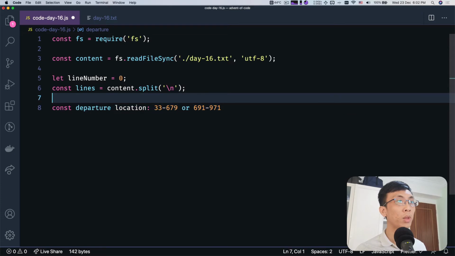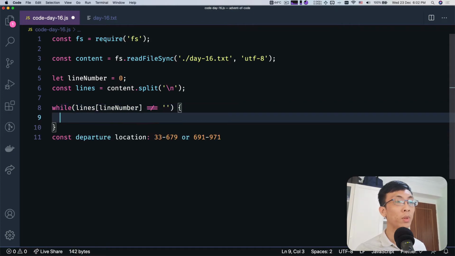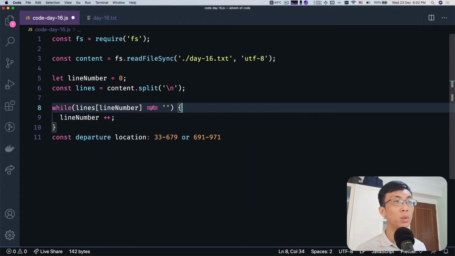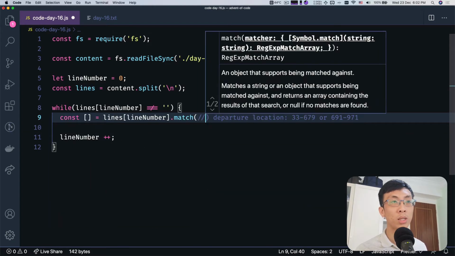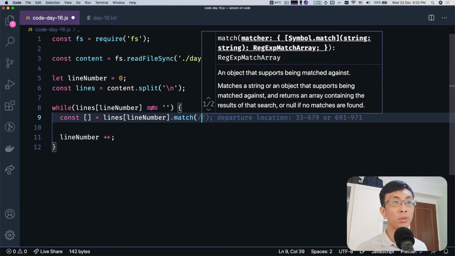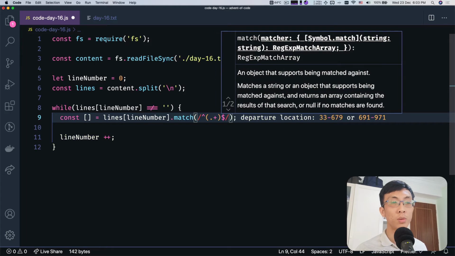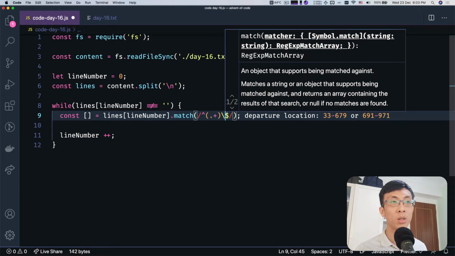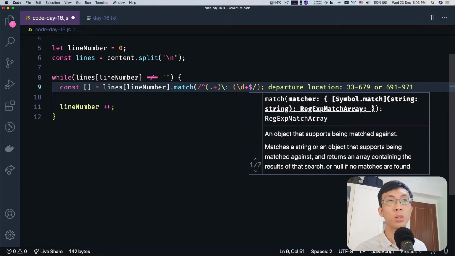Fill, okay, so while lines[line number] is not equal to an empty line, line number plus plus. Okay, we're gonna match this. So match equals lines[line number].match(regex). So we're gonna start with a list of characters, and then we have a colon sign and space, and then followed with 2 digits,